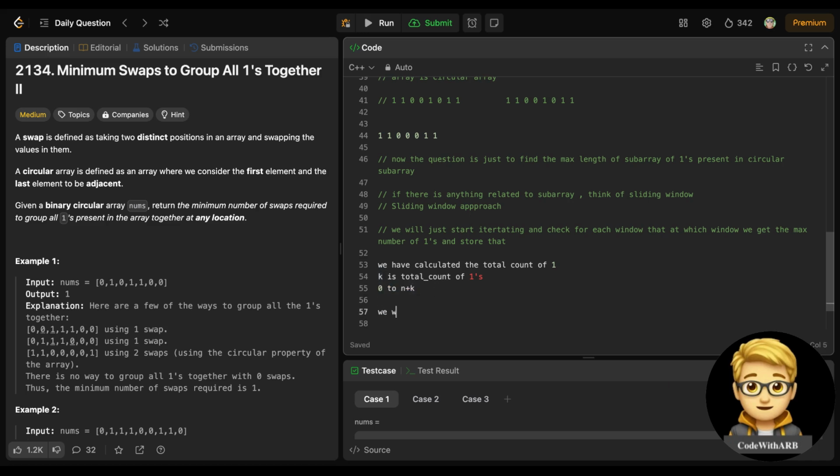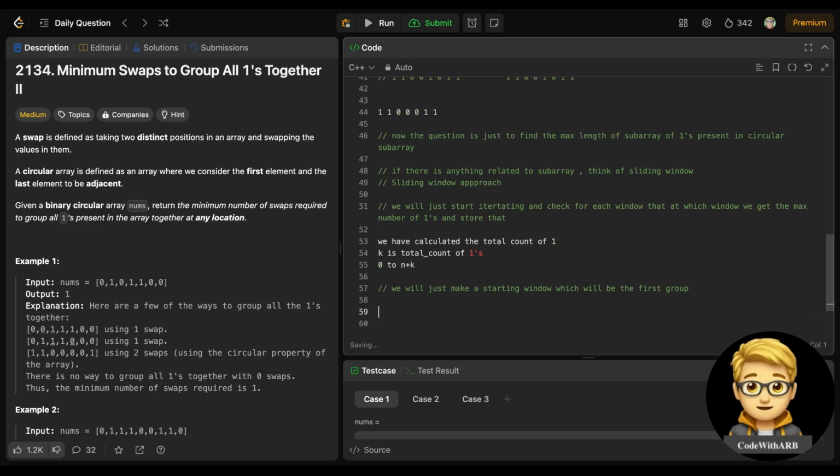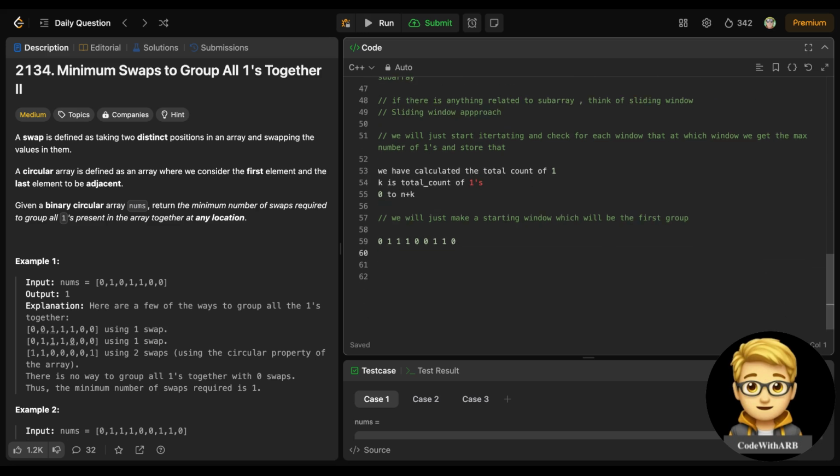And what we will do is make a starting window, the first group. What can the first group be? Anything. Suppose I take 0 1 1, and this is 0, this 0, and this is 1 and 1 and 0. So the first window will be what? If you take the first window as 0 to k, which is the total count,